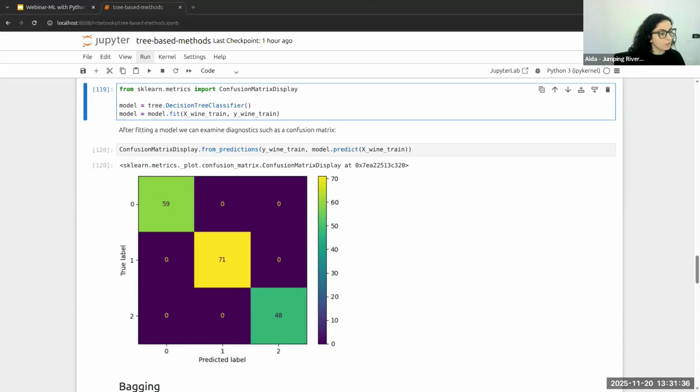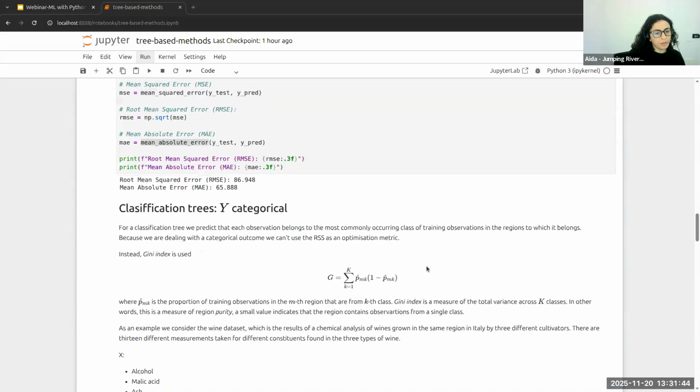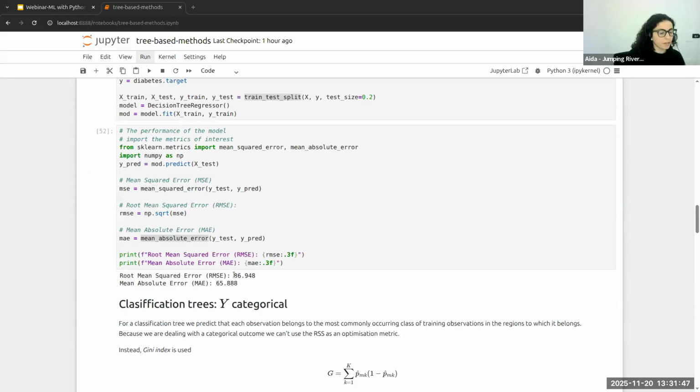How do you decide to use root mean squared error or mean absolute error? There is no preference if I use one or the other. Both metrics show us how far away we are from the observed data. Basically, what I'm trying to check is, from the predictions that I have made from the model, how far away I have fallen compared to the observed data. Both of them give us essentially the same information. It's just the way that they are calculated is slightly different, and that's why we obtain different values.